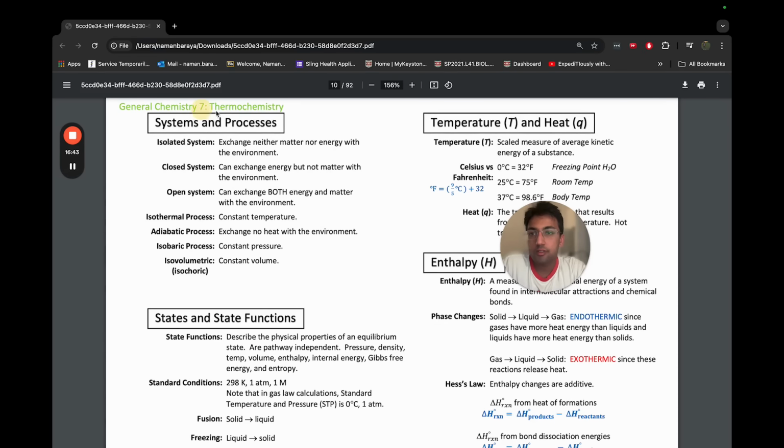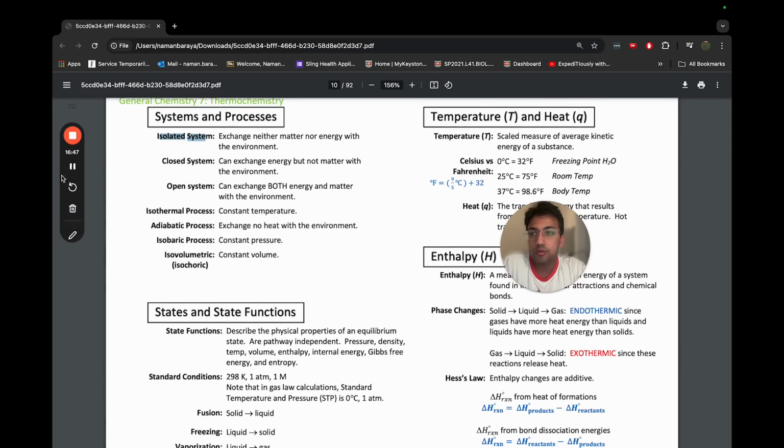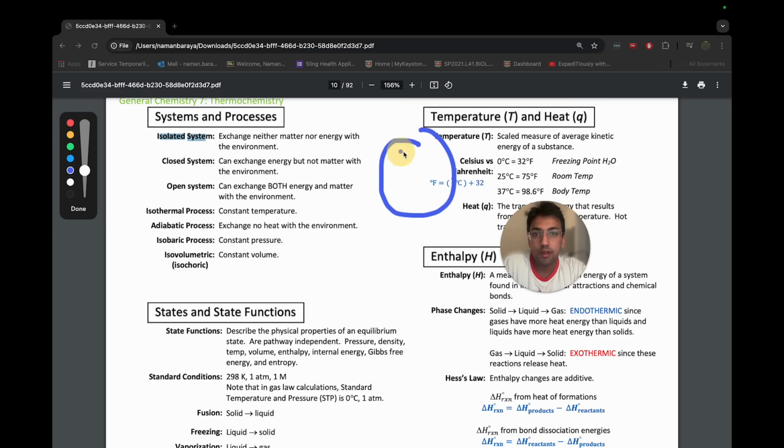Okay, next we have systems and processes, and this is thermochemistry. So systems and processes, we have isolated system, closed system, open system, isothermal, adiabatic. I used to always be confused with these until I kind of simplified it for myself. So let's say this is a system, right? If it's isolated, that means nothing is getting in or out, and there's no heat exchange, and there's no